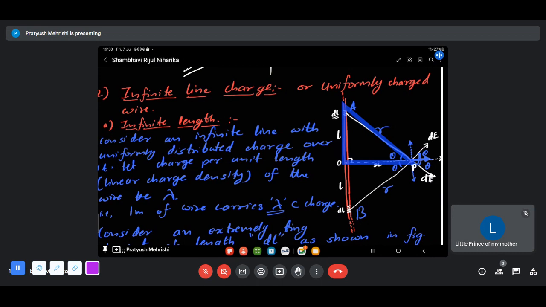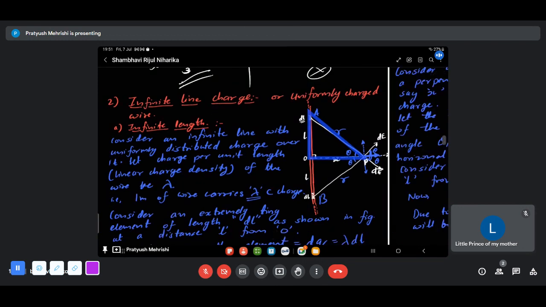So take it down. Consider an infinite line with uniformly distributed charge. Let its charge per unit length be lambda. Lambda is its charge per unit length. It means 1 meter of this wire will contain lambda coulomb of charge. Got it? Shall we proceed? Yes, sir. Fine. Now,